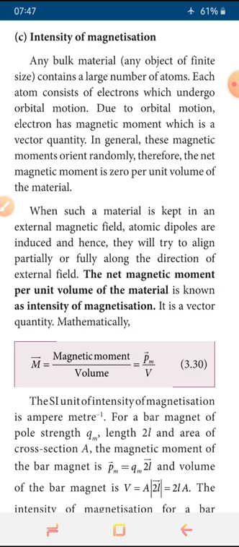So in that case, the first property is the magnetizing field, which we know very well. It is the magnetic field which is used to magnetize some other sample or magnetic material. Using this magnetic field, we are going to magnetize some other sample. This is called the magnetic field. Its unit, we know, is ampere per meter.